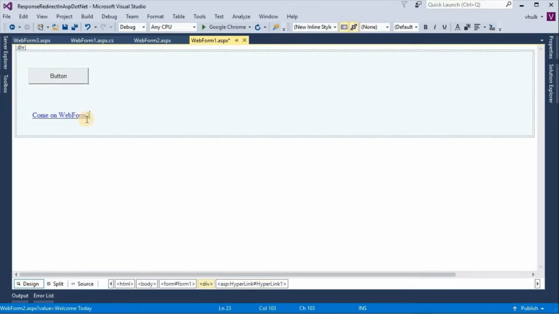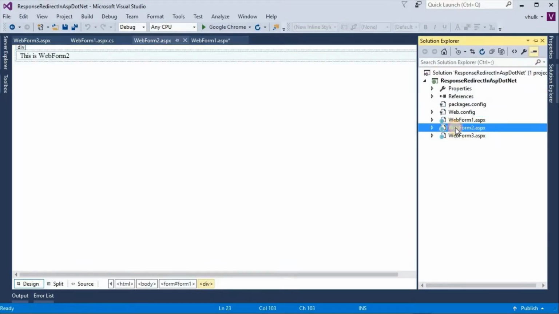From this hyperlink we can navigate to webform2, and in webform2